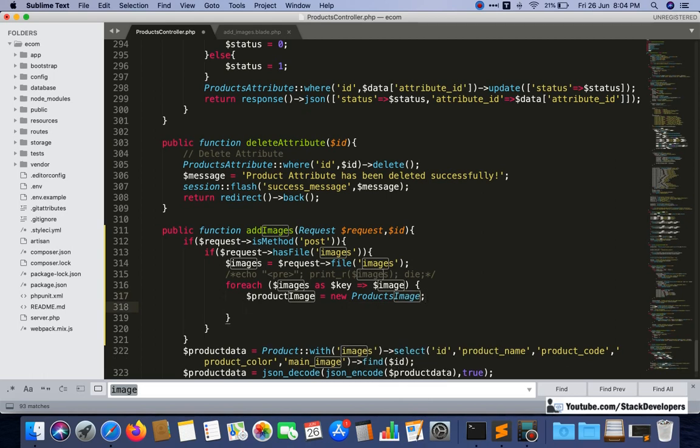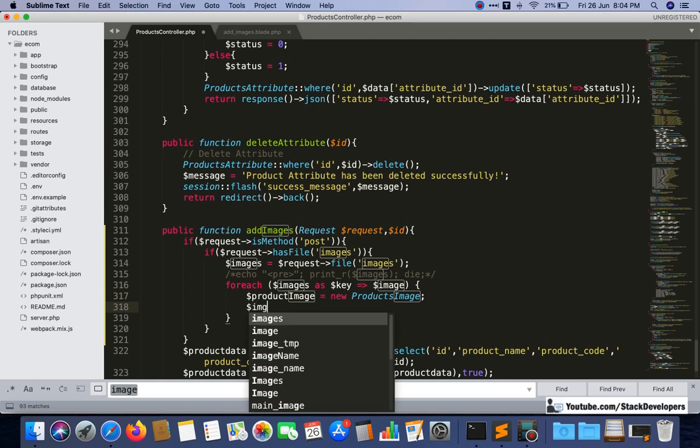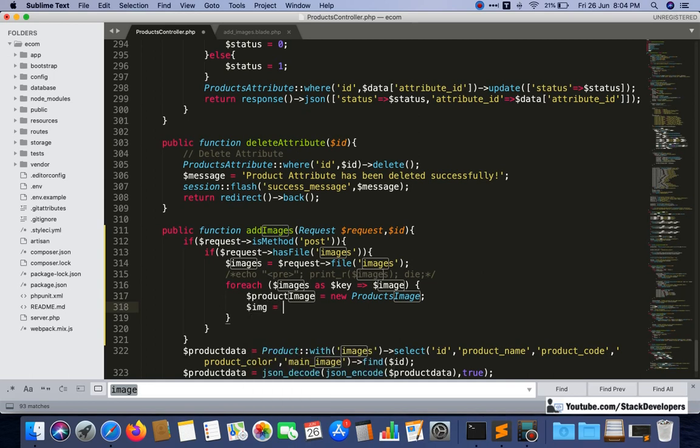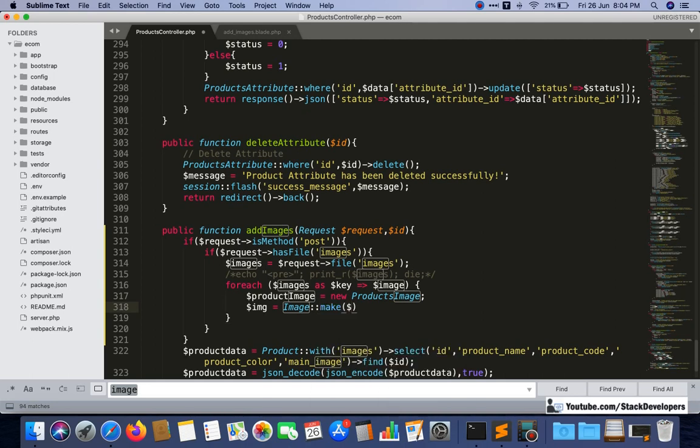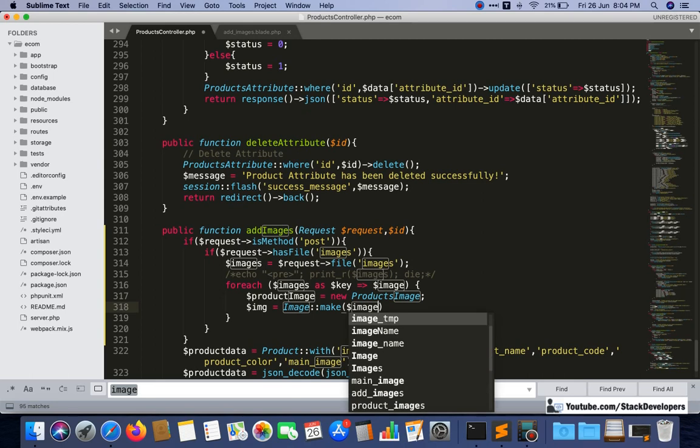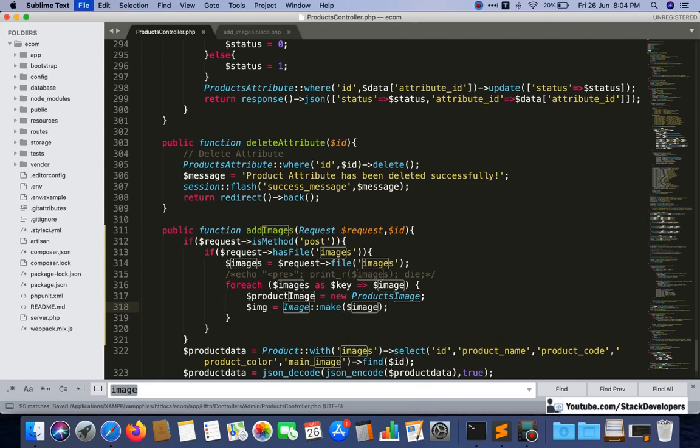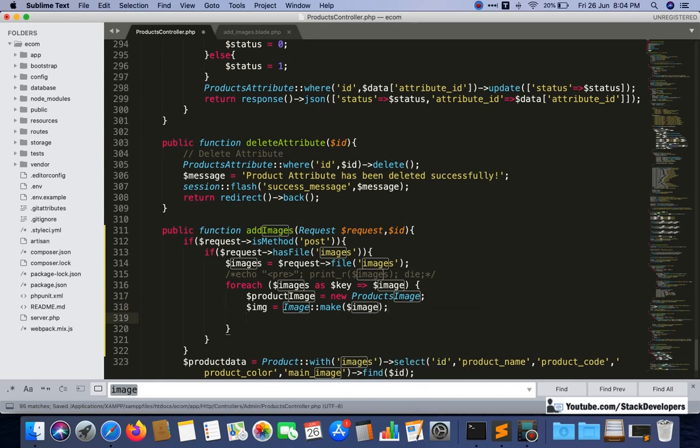For the temp image I will do it like this, $img image, and it will make the image from the temp image from $image. After that, see, we will take the extension. We are going to rename this image, because the person can upload the same image again and again.